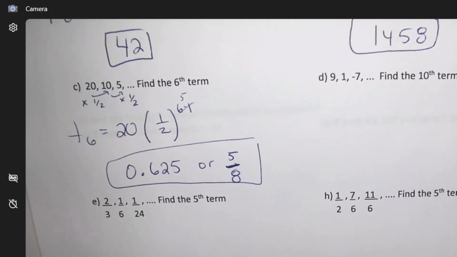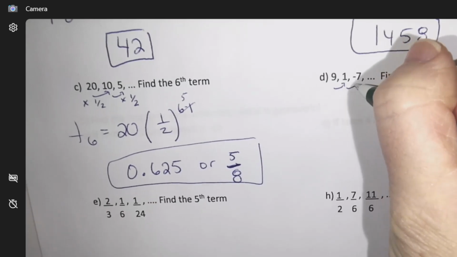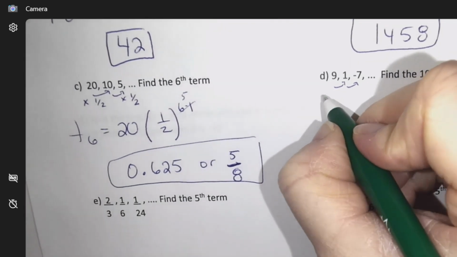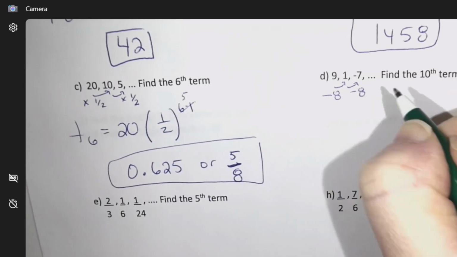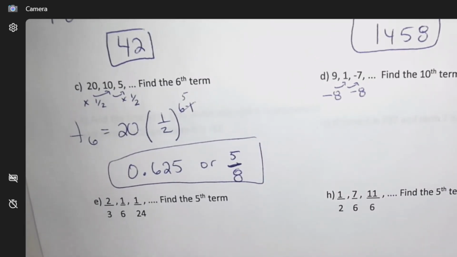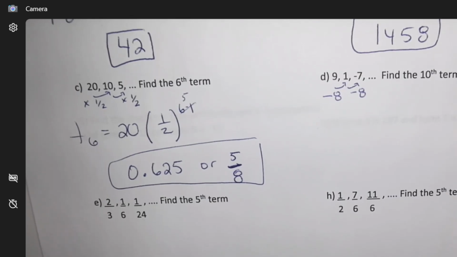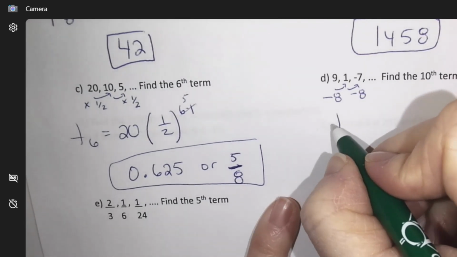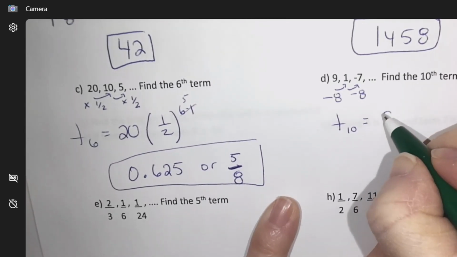Okay, find the 10th term. So first of all, you decide if you're arithmetic or geo. So the pattern is doing what? Looks like we're heading down 8, down 8. So negative 8 is the adder. So which formula am I picking? The one that's arithmetic because it has a D in it. So term 10 equals the first term